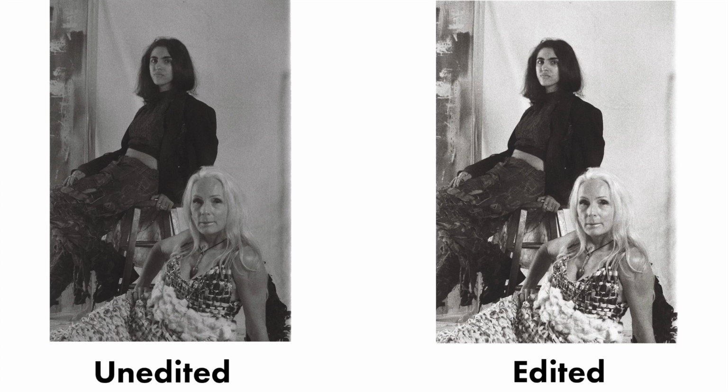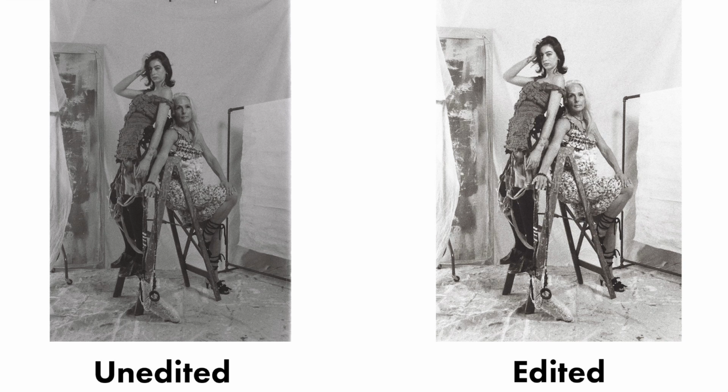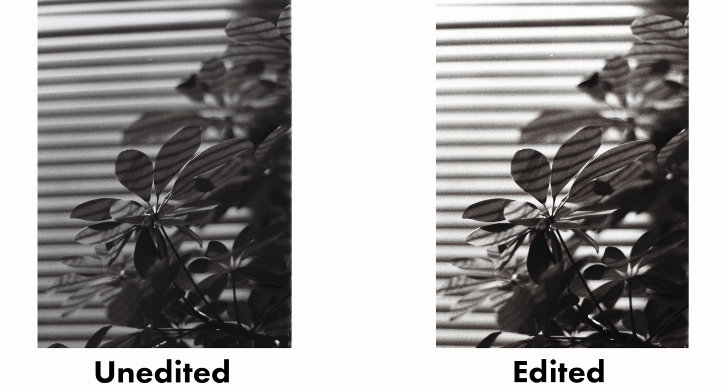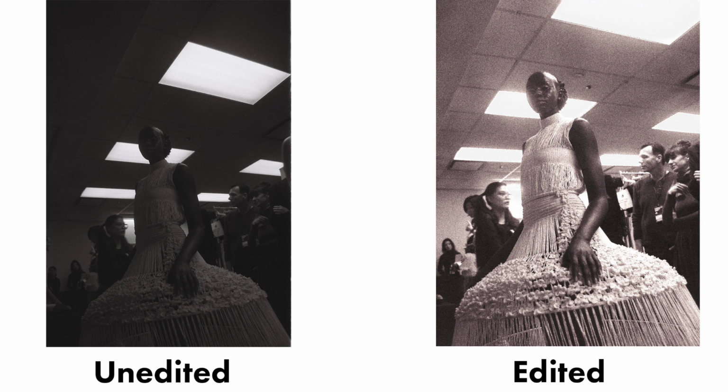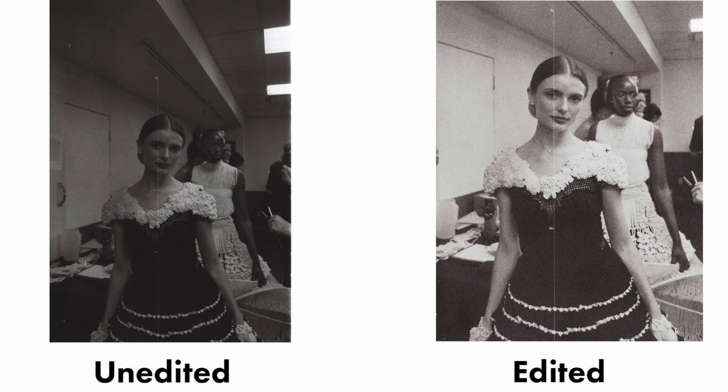This one, I'll be honest, was probably my least favorite of the bunch, and maybe that's just because I shot it in suboptimal conditions, but the other stocks I shot were very versatile in a range of shooting conditions, and this one was not. I don't like the lack of contrast. I shot it mostly in studio and in indoor environments. It was in my camera for Vancouver Fashion Week, and it was a bit disappointing. The grain structure is very coarse and visible, and it kind of interrupts the detail in the shots. The lack of contrast doesn't help with that